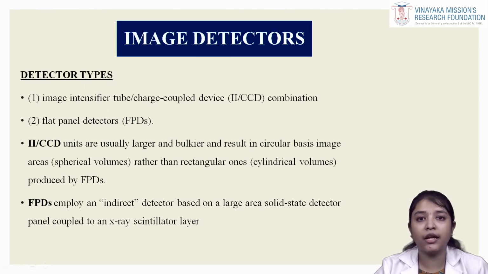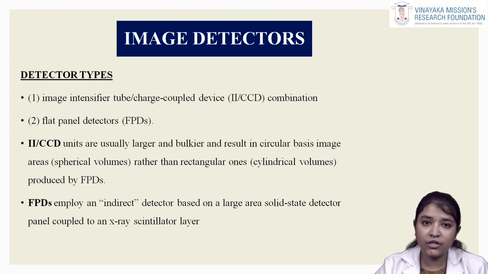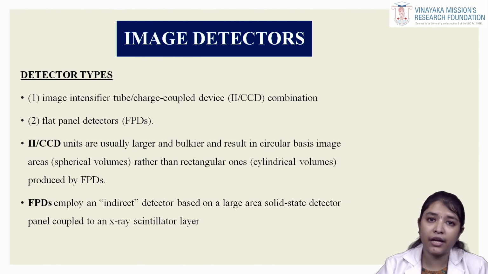Image detectors. There are two types of detectors used in CBCT. The first is the image intensifying tube combined with a charge coupled device, and the second is flat panel detectors. The image intensifier tube and charge coupled device combination is larger and bulkier and produces circular images, when compared to the flat panel device, which produces a rectangular shaped one. The flat panel device is an indirect detector which has a large area solid state detector paneled with the